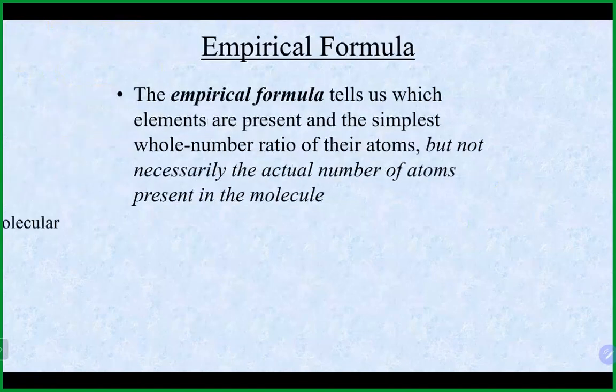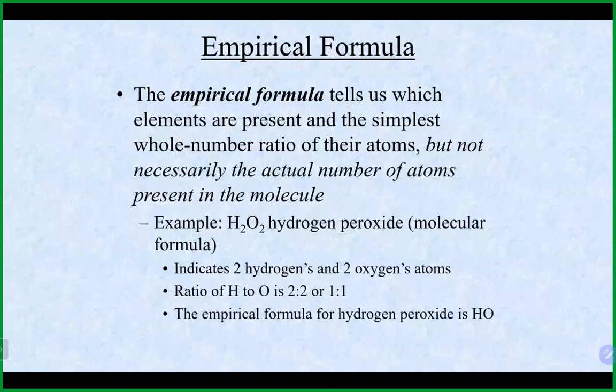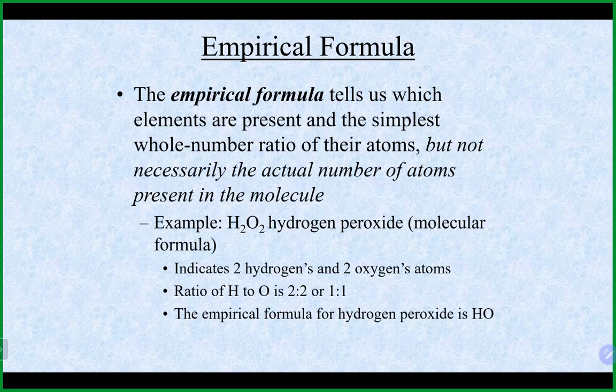And that is different than the empirical formula. Now, the empirical formula is really the simplest whole number ratio of what is present. So the empirical formula doesn't necessarily always tell you what is present, like the molecular formula, how many of each of the elements are present, but it gives you that simplest whole number ratio of what's present. As we can see here,